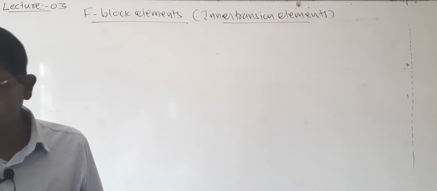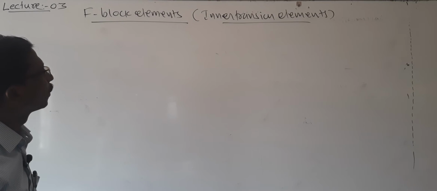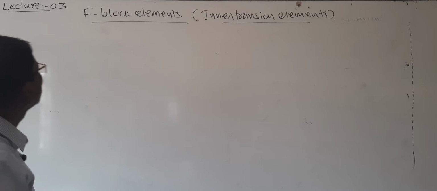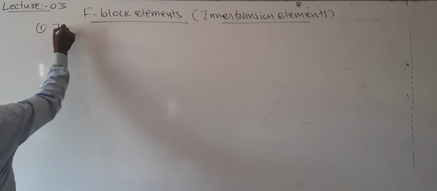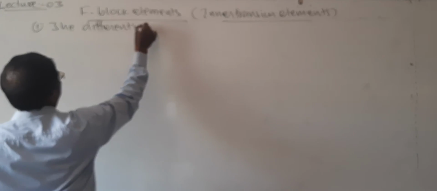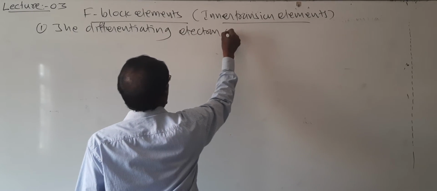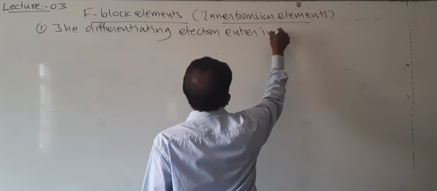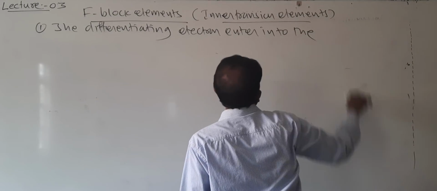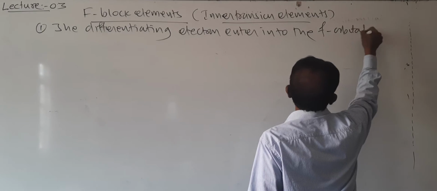You can know rare earth or inner transition elements. Right? Here the differentiating electron enters into the f orbital of the